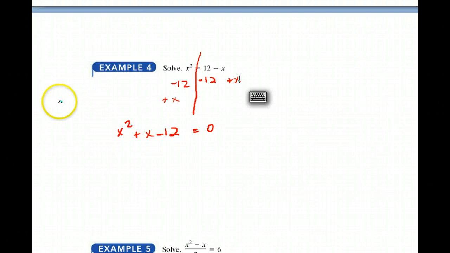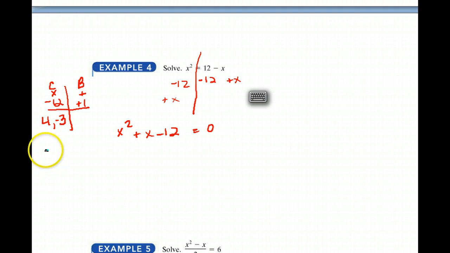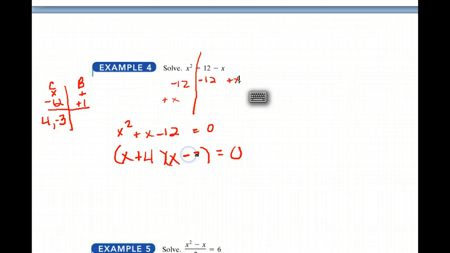So we can use the C method to find factors of negative 12 that are going to add to positive 1. If we use 4 and negative 3, those numbers will multiply to negative 12, and they will add to positive 1. Please remember that when we use the C method, we're permitted to simply create those two quantities right away, put our x's at the beginning of each quantity, and then use the factors as we found them. So one quantity will be x plus 4, the other quantity will be x minus 3,